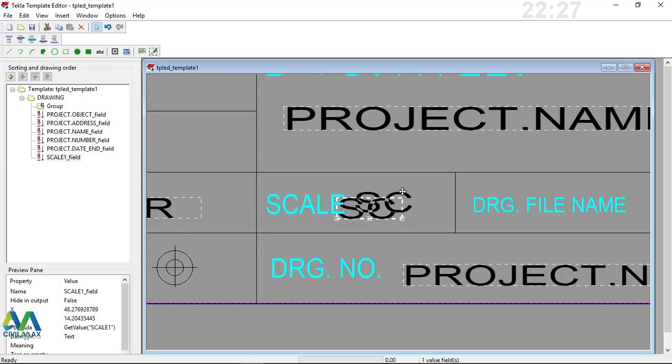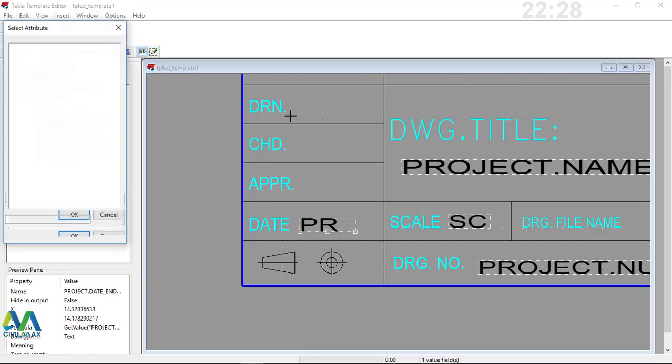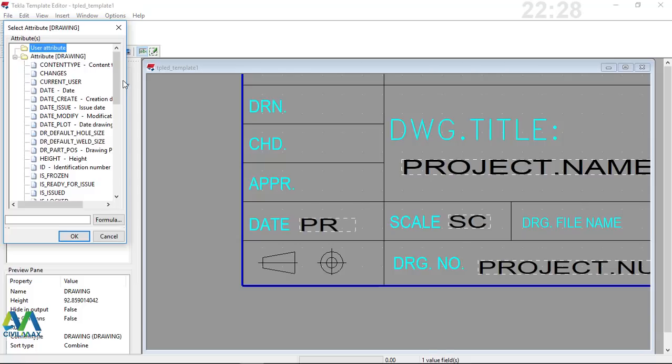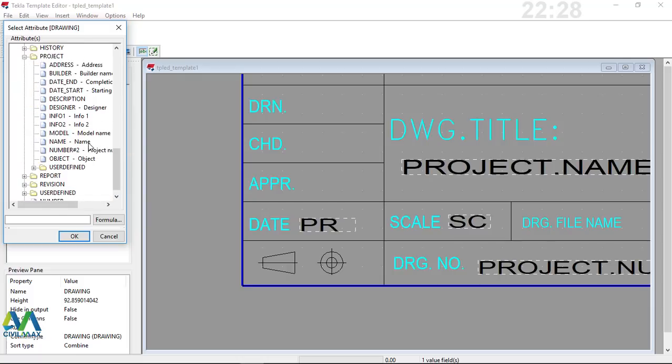Just pull it close to that spot. Pull this to this, close to that spot. We'll come up here again on value field. We want to place on drawing done by who. Under drawing, we'll scroll down and come to project. Under project,